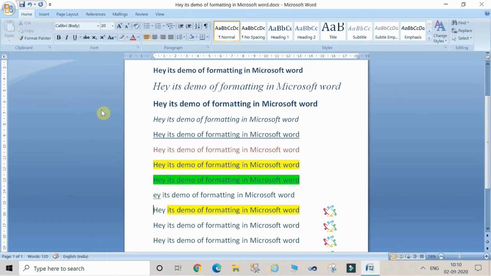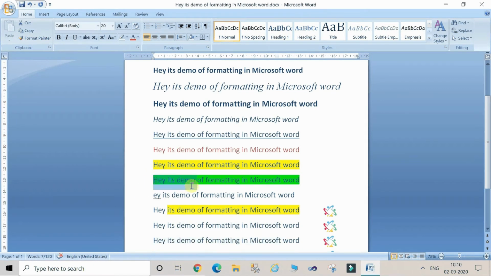so here if you just click on it one time, then you can apply it only one time. And if you want to apply it various times, then you have to just double click on the format painter, and now you can apply it to the whole text. First of all you just have to select the formatting at least. So let's try again.